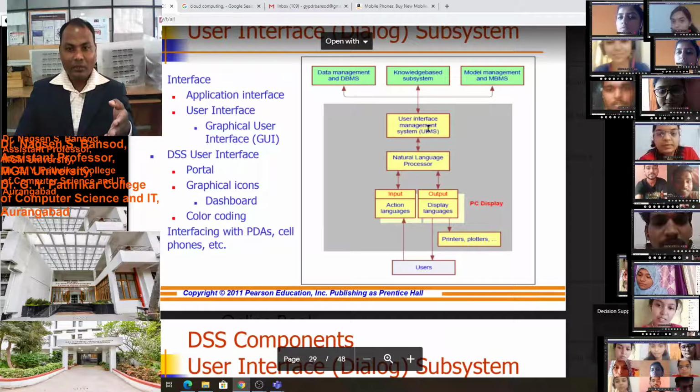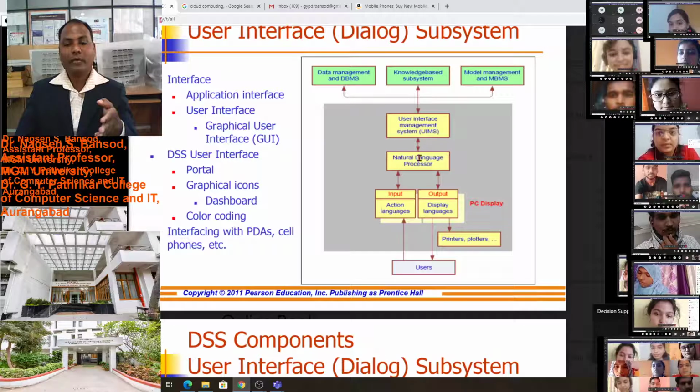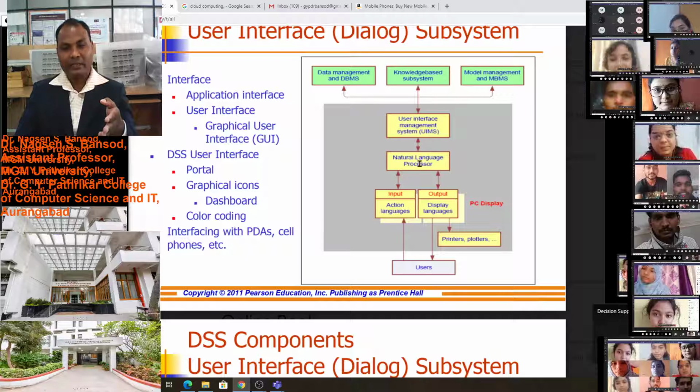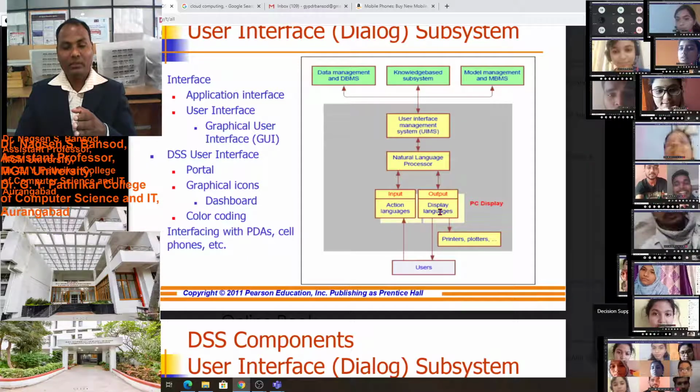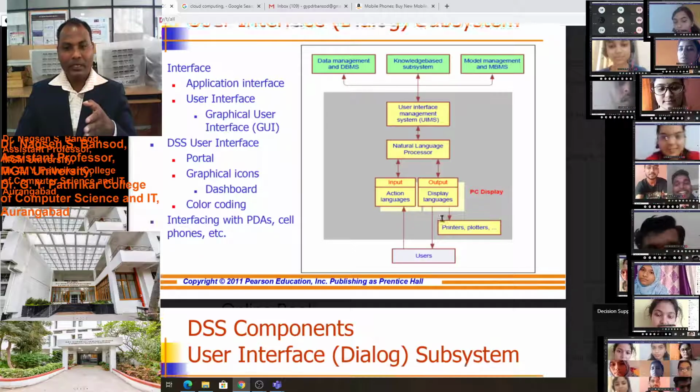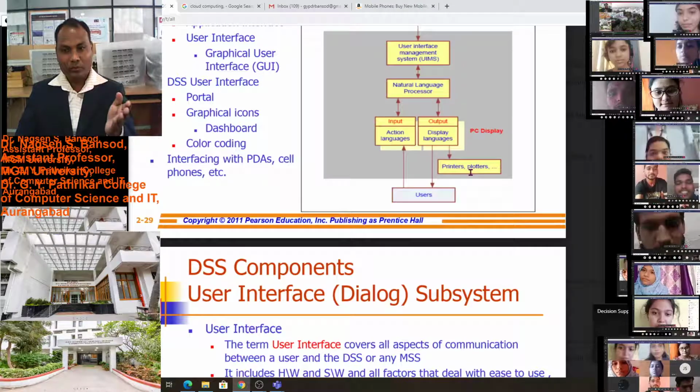Through the same user interface we get the output, and that will be converted again into human language, natural language, and we will display the output on the computer, and through the printer we can take a printout of that output,